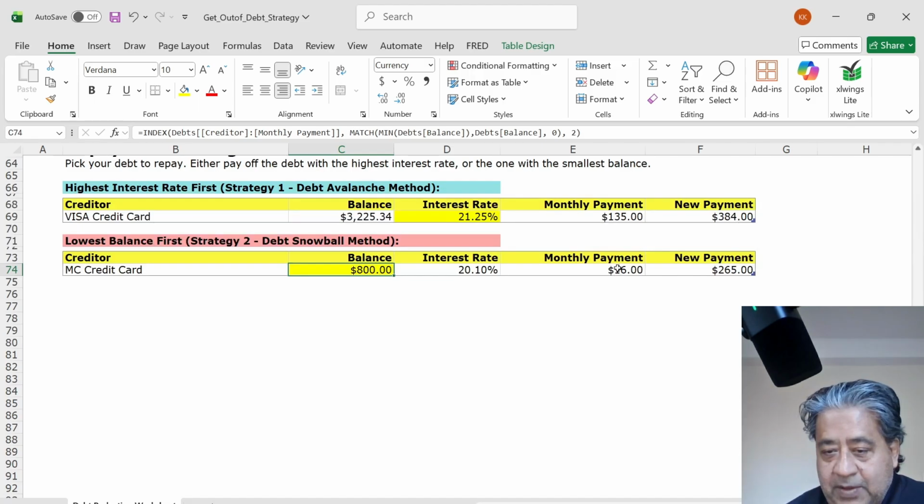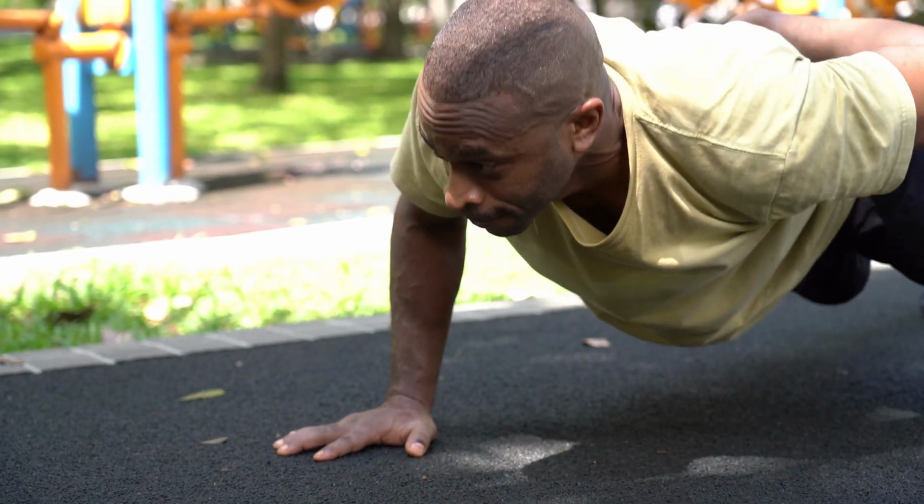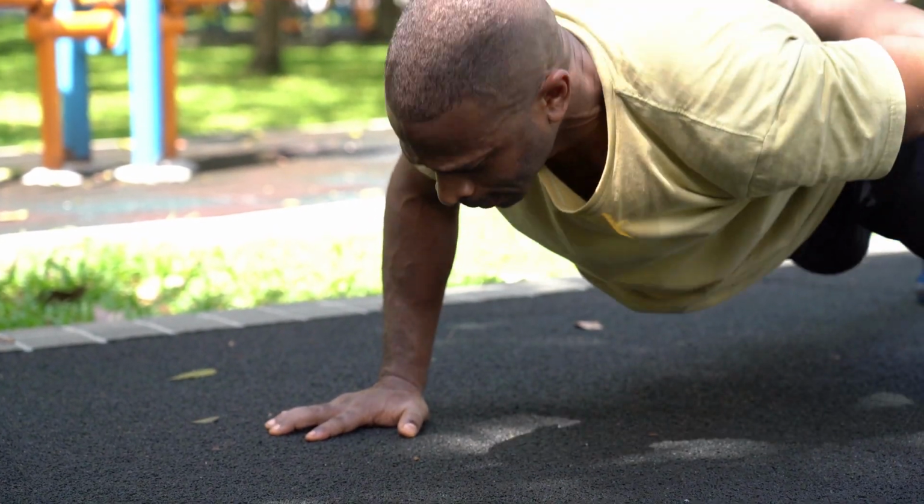And so you have basically $16. So you'll be left with 264 extra dollars. Basically your new payment amount will be this after you pay off this amount. And then next time around, when you come, you pay off this lowest balance again and keep repeating this. So because you'll be motivated, suppose you pay the 800, so you pay $265 a couple of times, one of